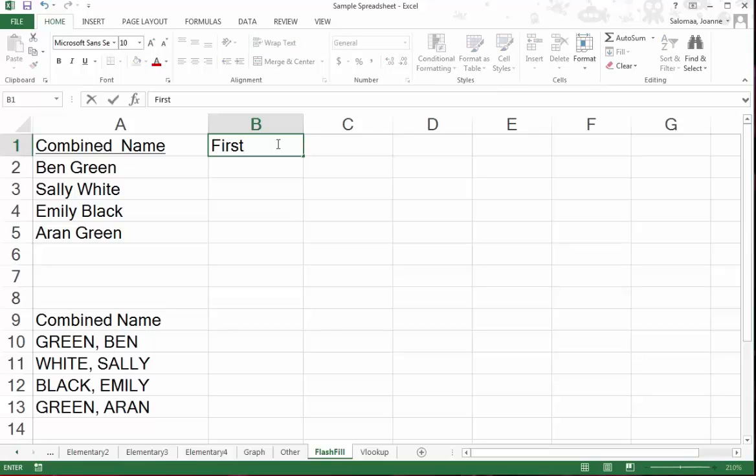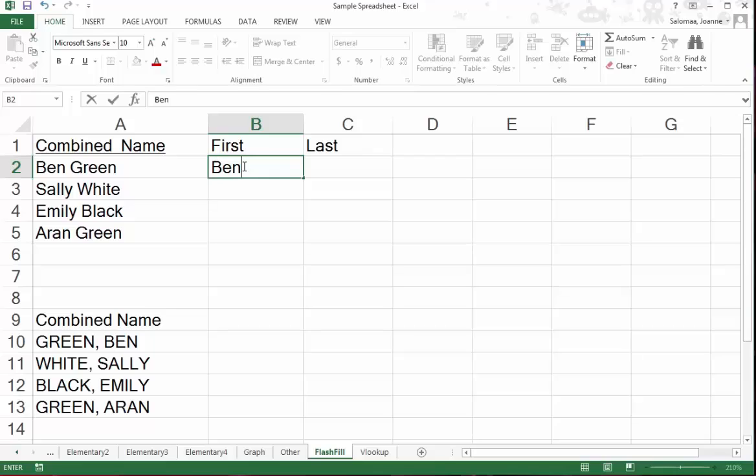Previously you'd have to do a text to columns split, and now you can use flash fill, which is a quick and easy tool to be able to split apart that information. I'm going to label my headings first and last name. I don't have to, but I like to. And with flash fill I can type in and show Excel the format that I'd like my cell to be in. So in this case I want to split apart the first and last name, so underneath my first name